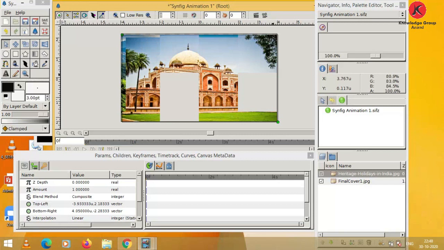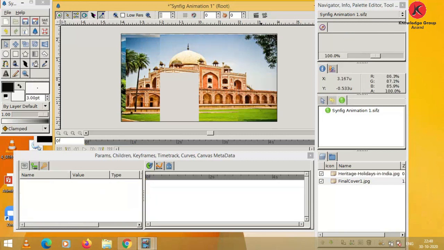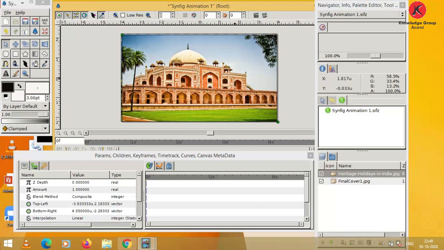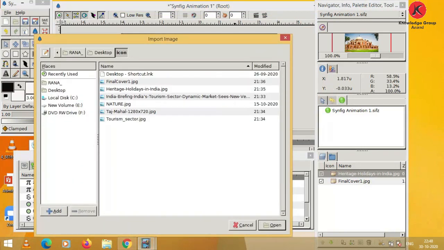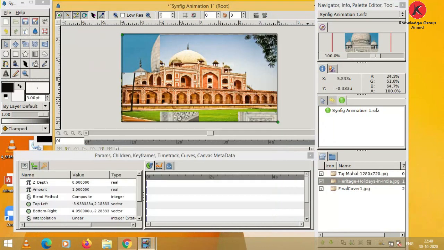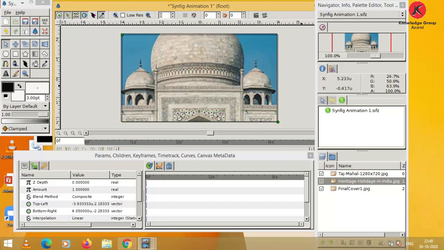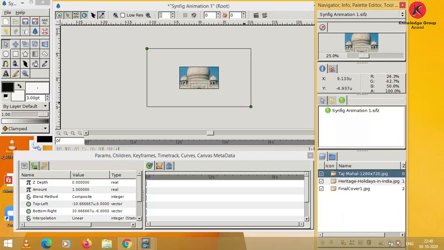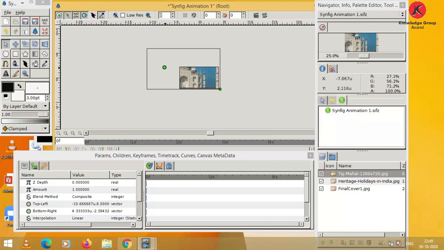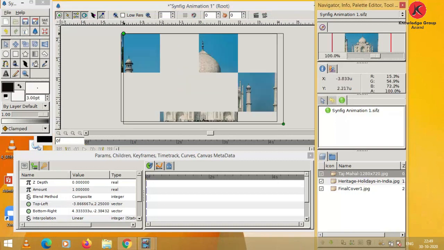Then once again I insert an image with Ctrl plus I. Using the layer, you can see the size of an image, so we can resize it by using the docks. I use the navigator panel.